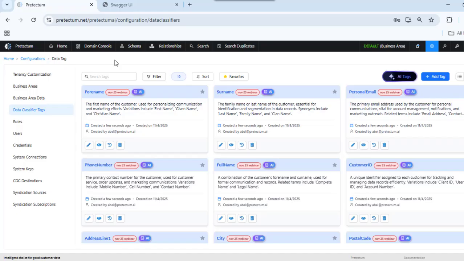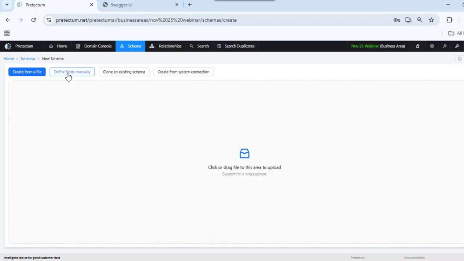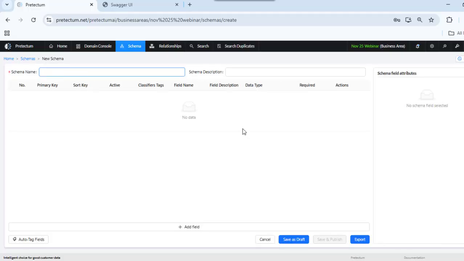Okay, so now I've defined those tags. Now what I can do is I can switch my business area to the webinar, and I can go across to schemas, and a schema is nothing more than a data model, and I have several different ways that I can create these. So I could create a schema using a file as a template, or I could define the fields manually, or I could clone an existing schema that I have in the system, or I could get it from a system connection. So in this case, what I'm going to do is I'm going to just define the fields manually,